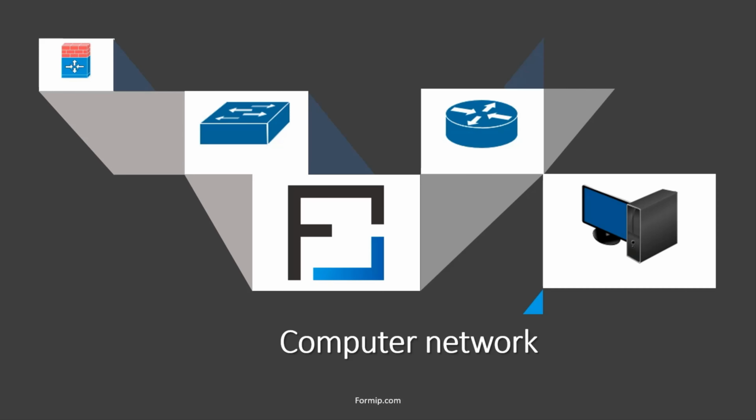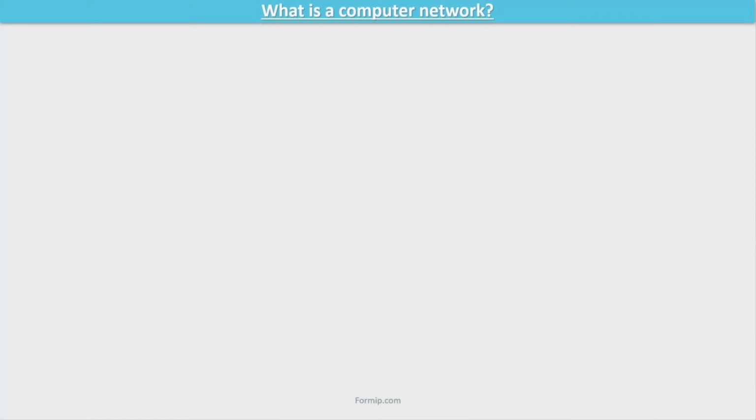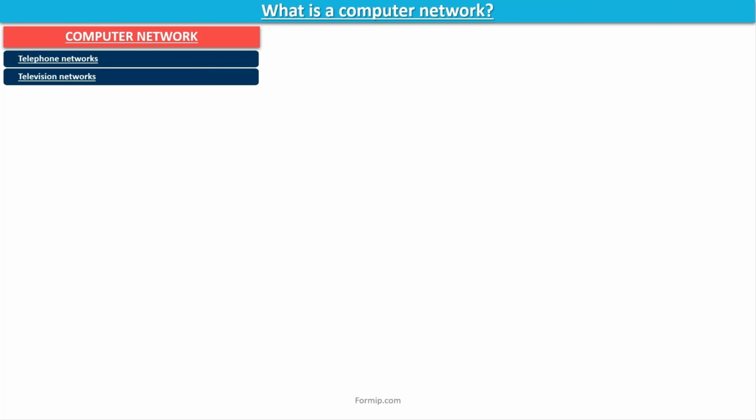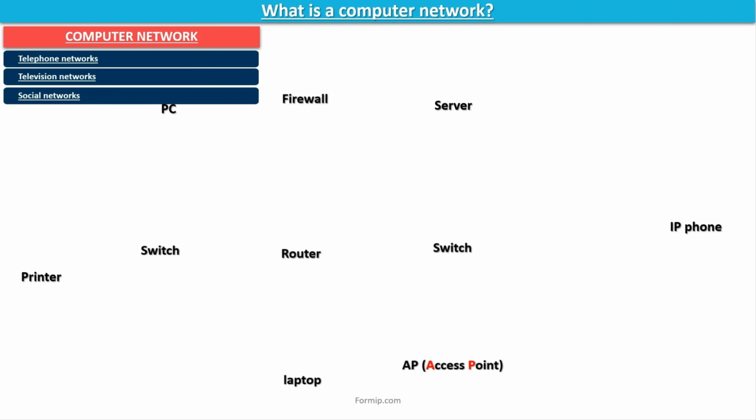To start the course, let's take a look at what a computer network is. Just the word network is a fairly familiar word that we see in many different contexts. For example, we have telephone networks, TV networks, or even more common these days, social networks. Basically, a network is a way to connect multiple components together. Well, in computer science, it connects PCs, printers, servers, phones, and lots of other types of equipment that we'll see